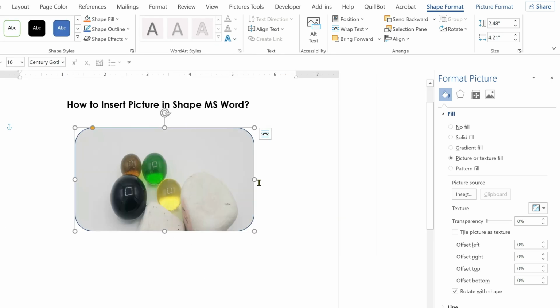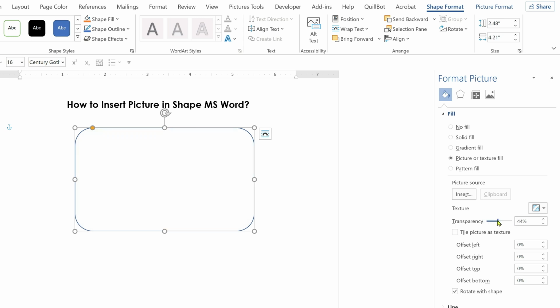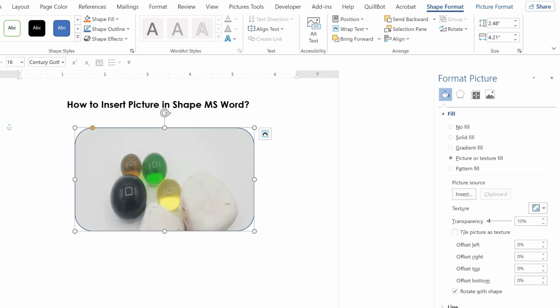Click on Insert, and here is the picture inserted inside the shape, and here is the transparency. You can increase or decrease the transparency of the inserted picture. So if you want to rotate the shape with picture, then you click on this option, Rotate with shape, and